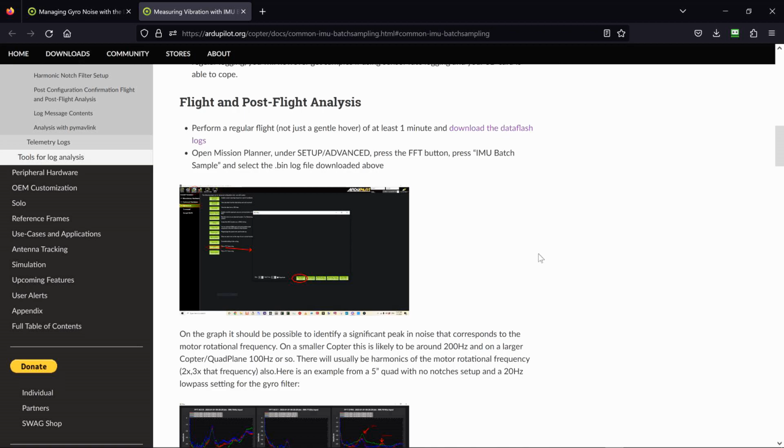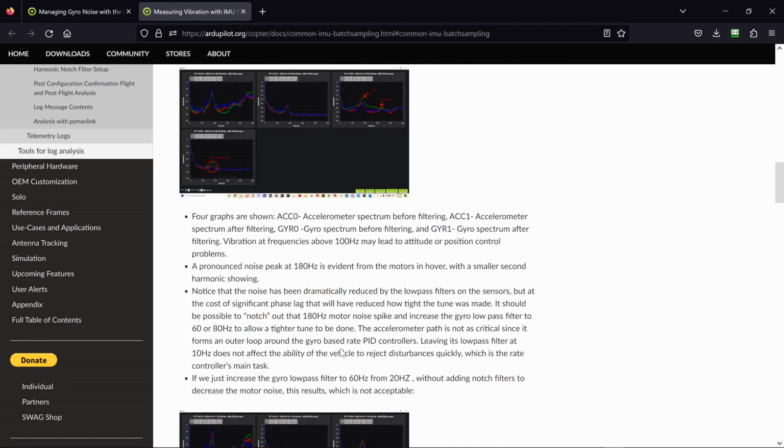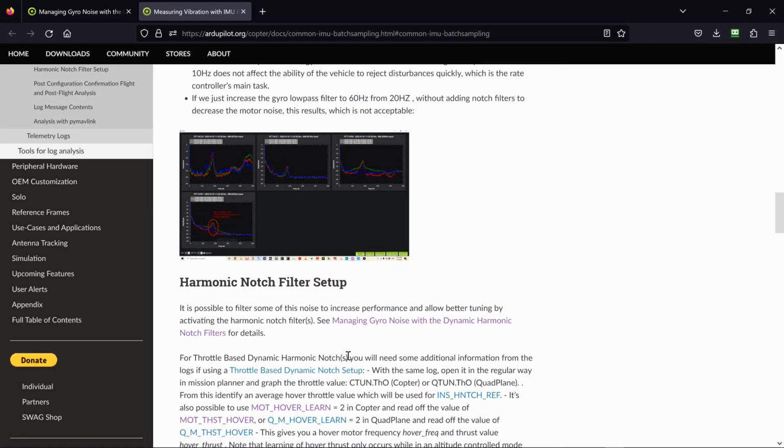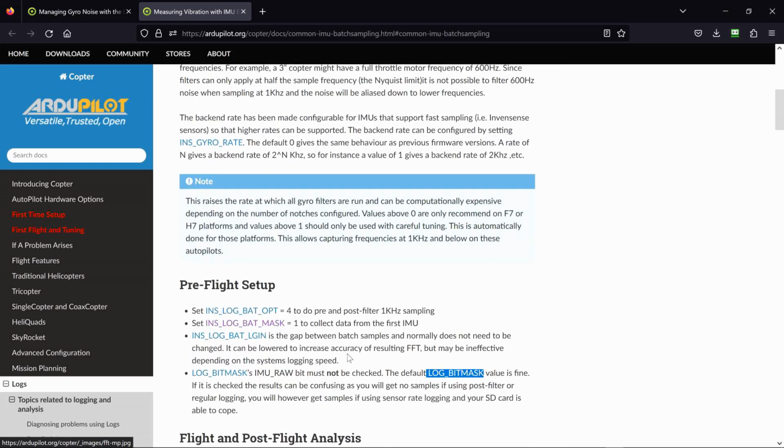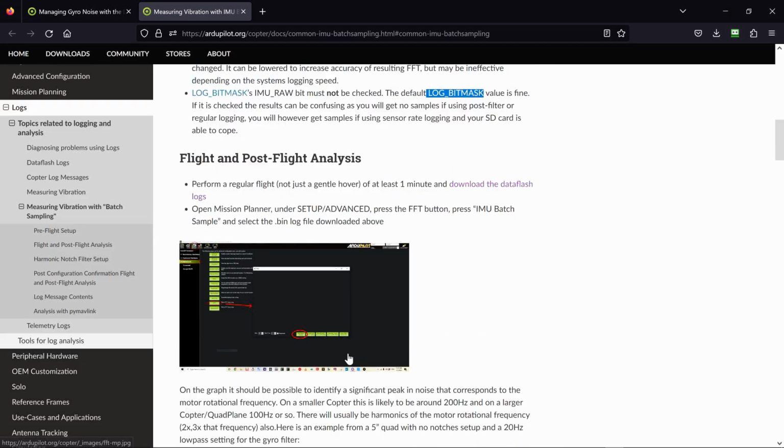So we'll be in this area when I come back from the flight to actually generate this data flash log. So I need to set this up on the 7-inch also, and there's some other things I need to do on the 7-inch, so we're going to look at that right now